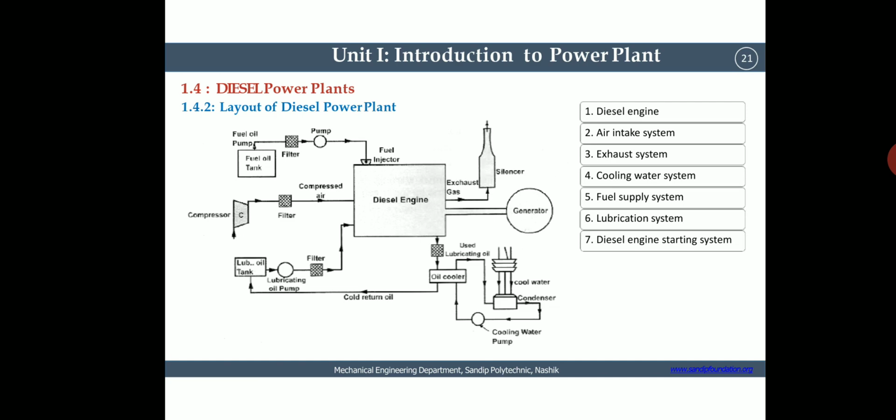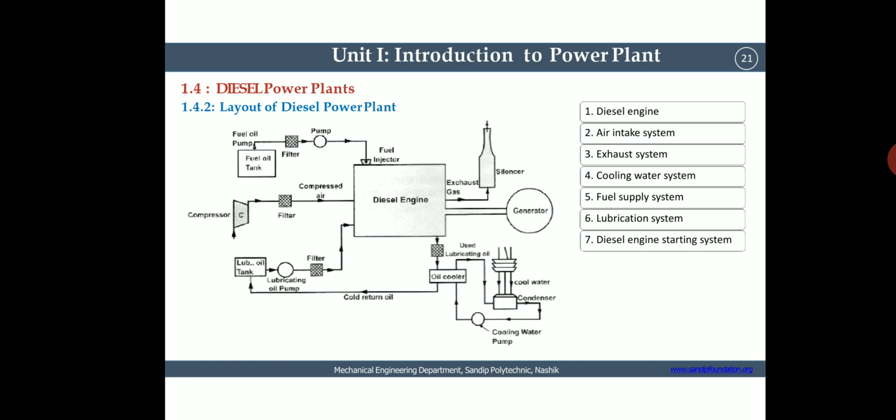We know that a diesel engine works with a very high compression ratio, so it requires air at the inlet. There are two valves in the diesel engine, the inlet valve and the exhaust valve, and a fuel injector in between the two. We take the compressed air from the compressor to the diesel engine, so in the compressor we already have the compressed air.